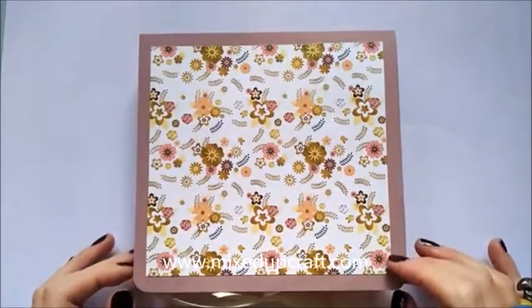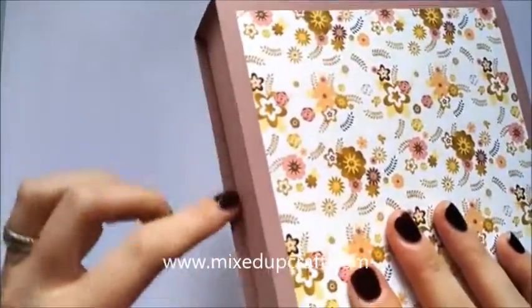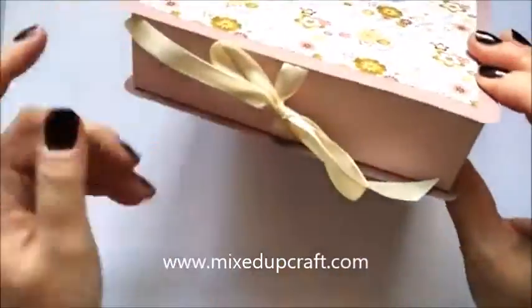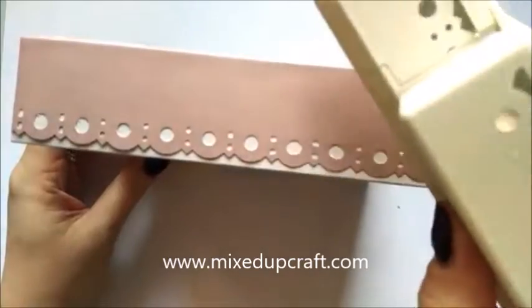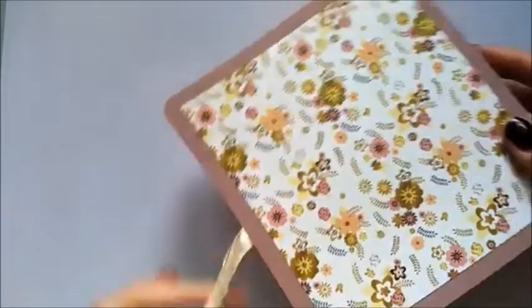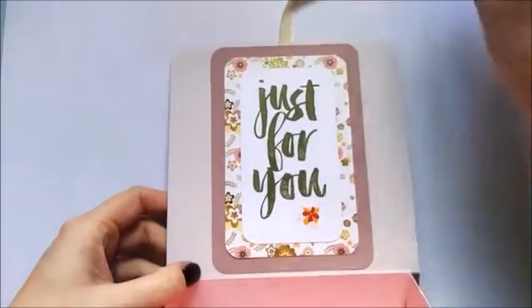I'm going to be showing you how to make this really pretty square box with this overhang edging. It's got a pretty ribbon fastening. I've finished the back here with a really nice edge detail with my Martha Stewart edger. And then you open it to reveal a really nice sized box with this pretty sentiment on the lid just